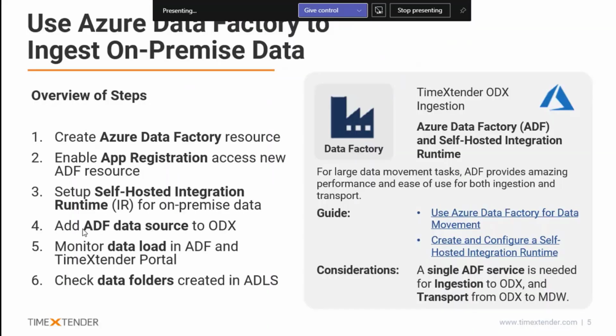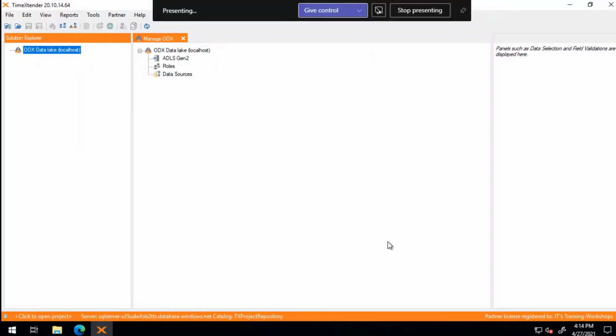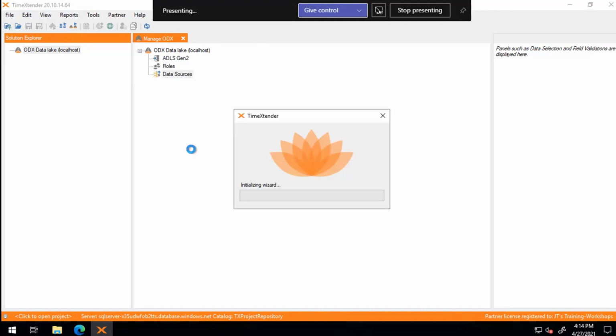add an ADF data source to the ODX. Okay, so let's go to our app server where we've installed TimeXtender. We have the ODX server running. We even have our ODX storage tied to Azure Data Lake. And let's go ahead and add a data source. Click here, Add Data Source. This is going to start the wizard that's going to allow me to configure this data source, put in all